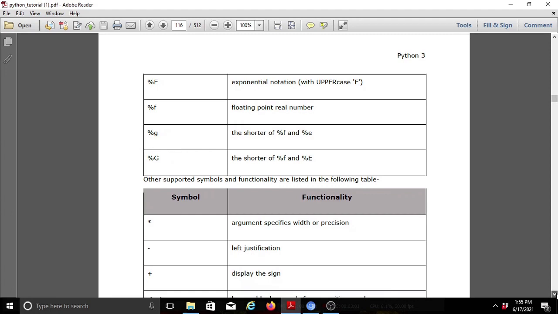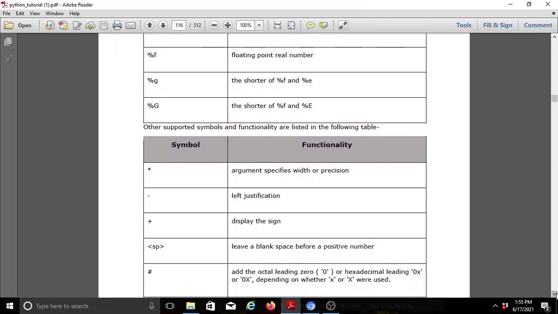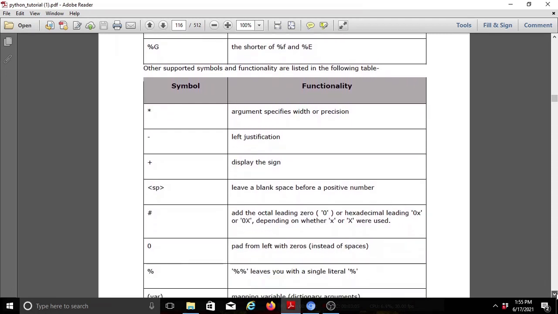Next the table lists special operators. How can we use them, and what is their functionality? The star means the argument specifies the width or precision. The minus symbol represents left justification. The plus displays the sign.